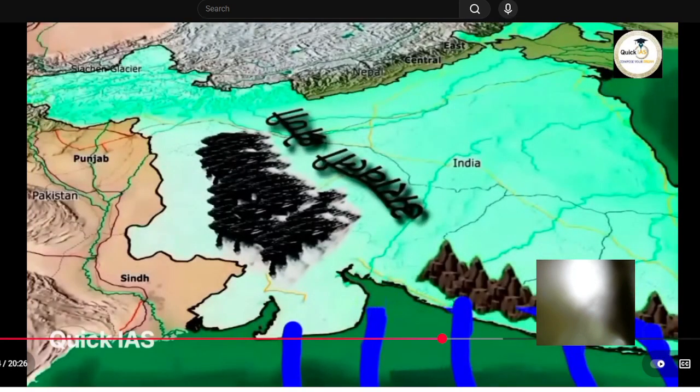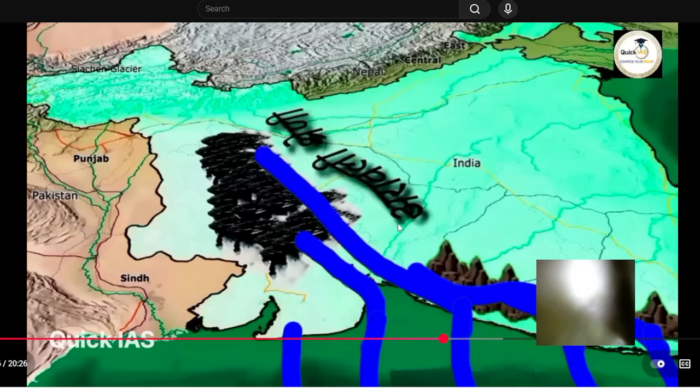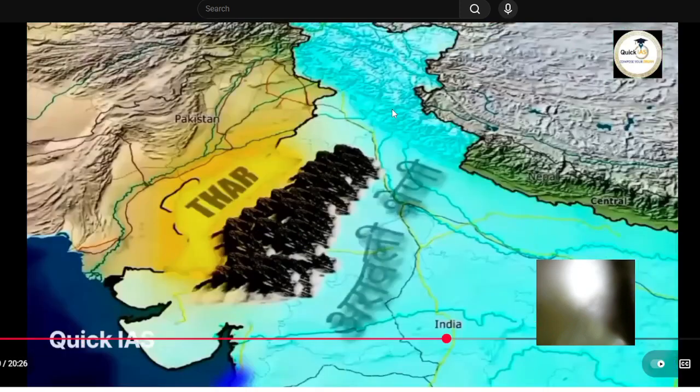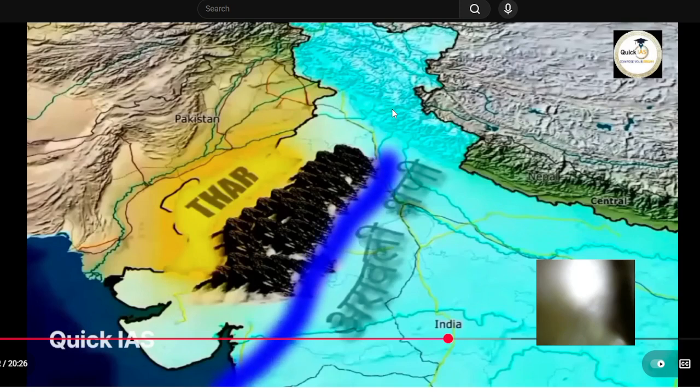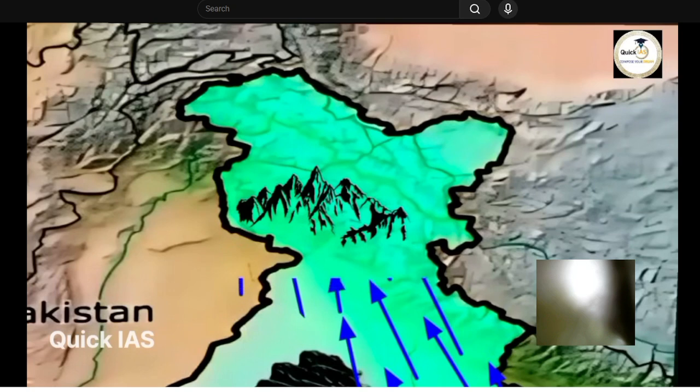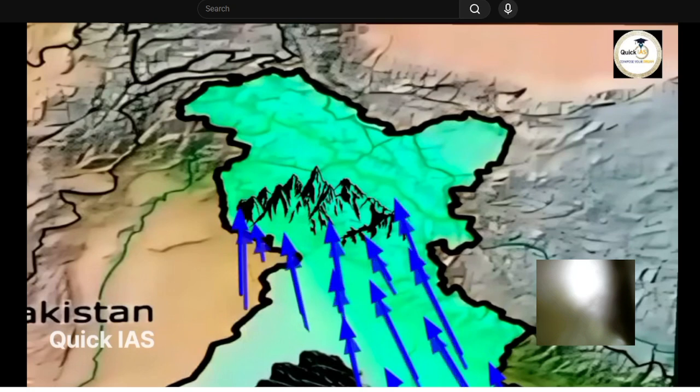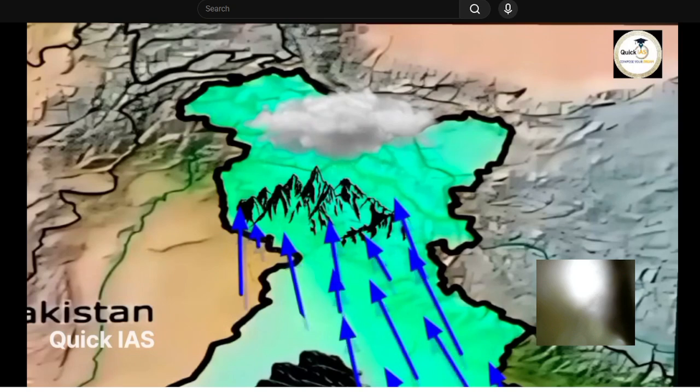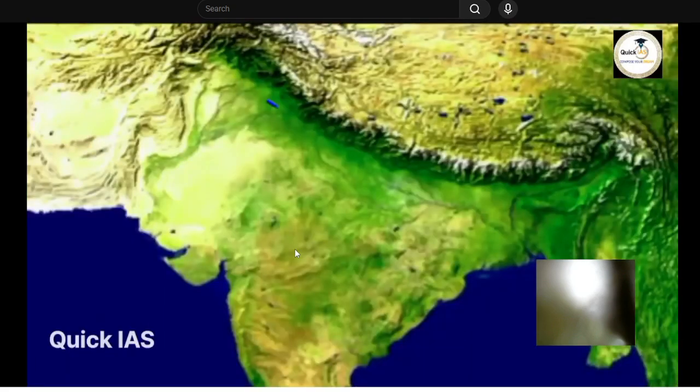These winds, while bringing rain, begin to flow parallel to the Aravalli Range. Due to this parallel flow, the Aravalli Mountains are unable to block the monsoon winds, resulting in a lack of rainfall in Rajasthan. The Arabian Sea branch reaches the Pir Panjal and Shivalik ranges, resulting in relatively heavy rainfall there. These winds also cause rainfall in the Himalayan foothills.